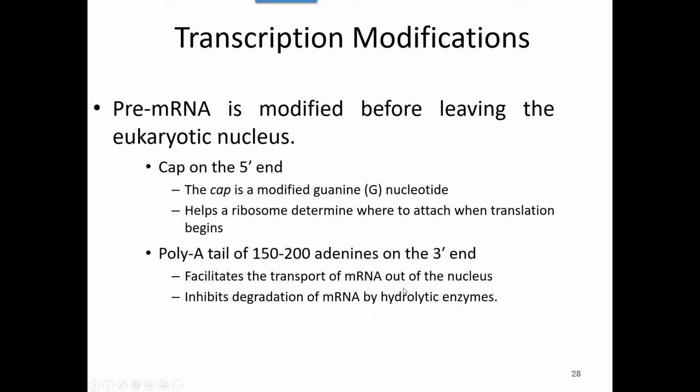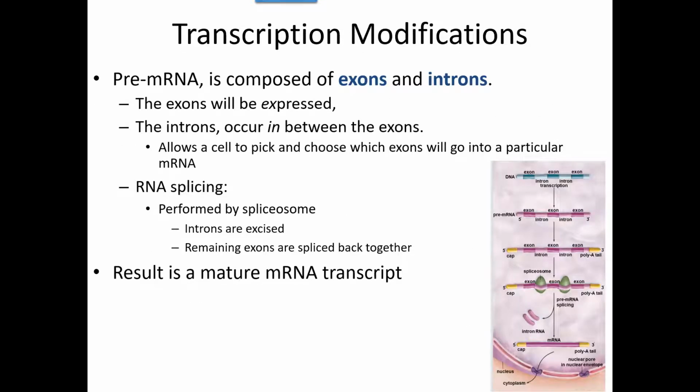Also, that messenger RNA has what are known as exons and introns. Any little section on that message that's known as an exon is information that's going to be expressed. We're going to read it, we're going to make the protein from it. However, there are some introns in between, and the intron just literally means they are in between the exons. And it allows the cell to pick and choose which exons are going to go into the correct messenger RNA